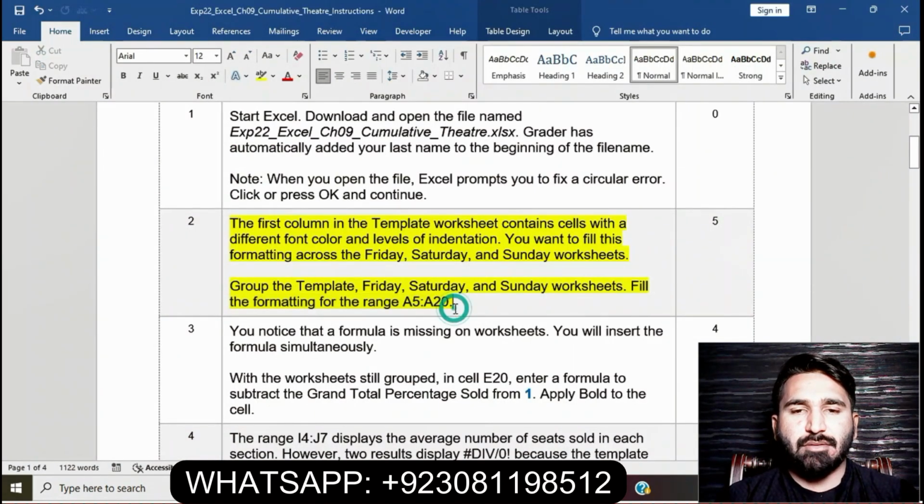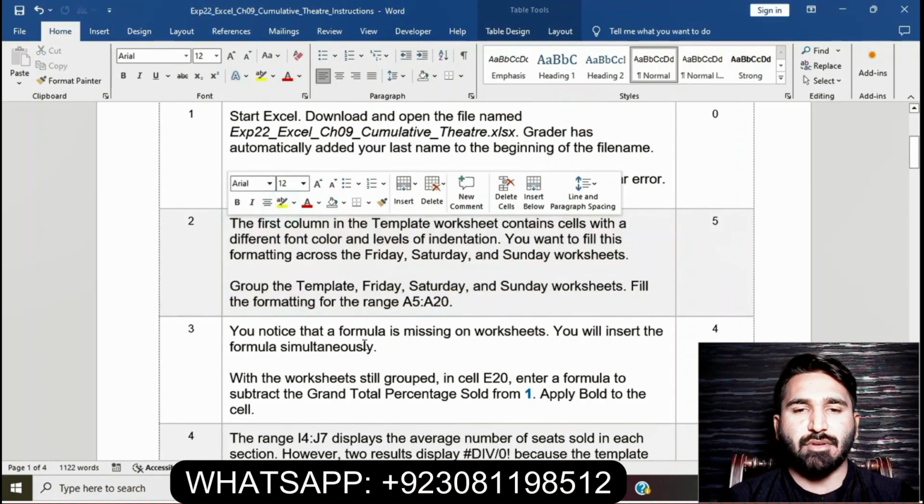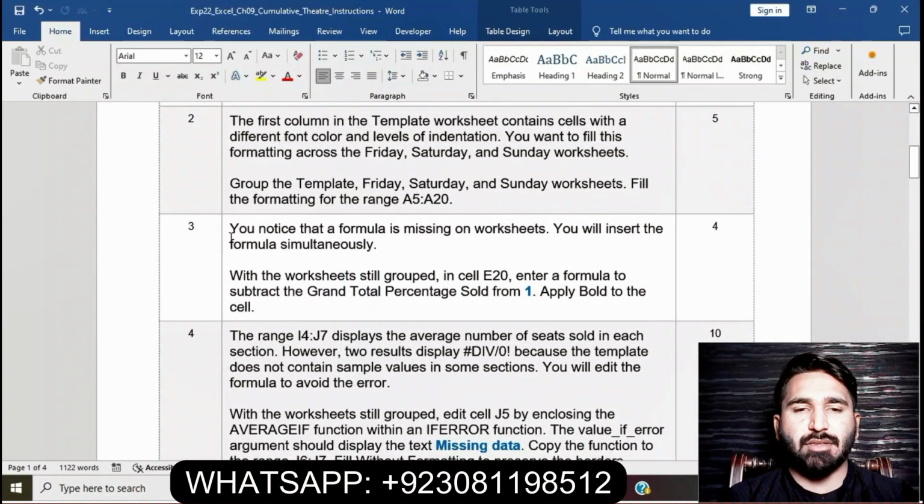I have done this question. This question is completed. Now moving on to question number 3. I have done 2 questions of this assignment. Question number 3 is that